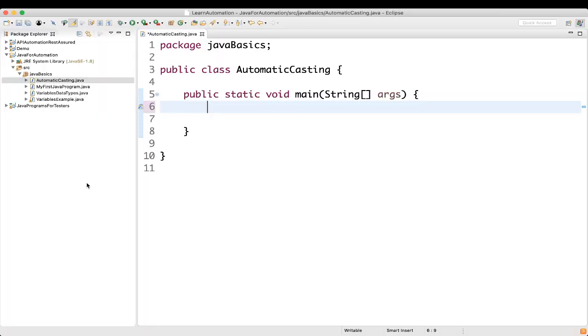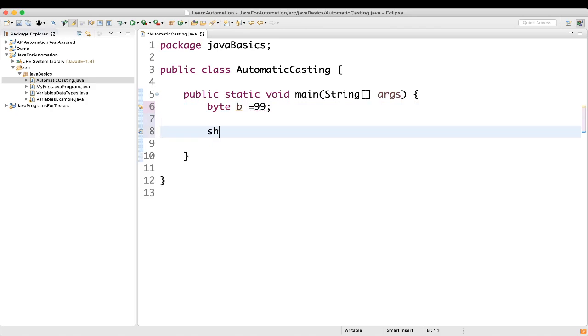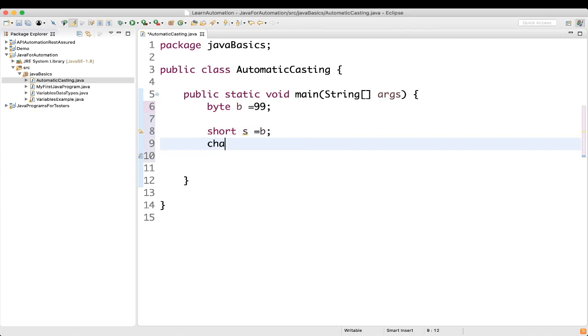Let's take one variable of data type byte. I am naming the variable b. For example, let me assign some value, 99. Then we'll take short s as the variable, equal to b. Then we'll take char c equal to b, where char is the data type, c is the variable, and I'm assigning b.